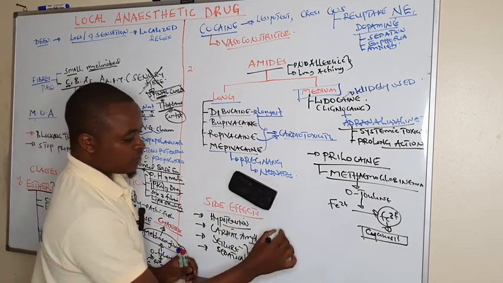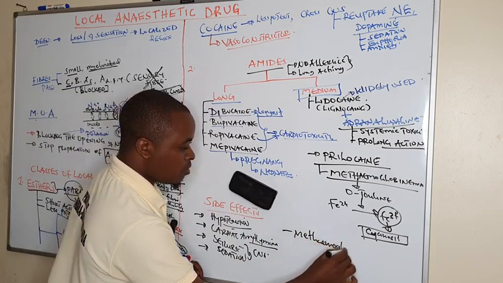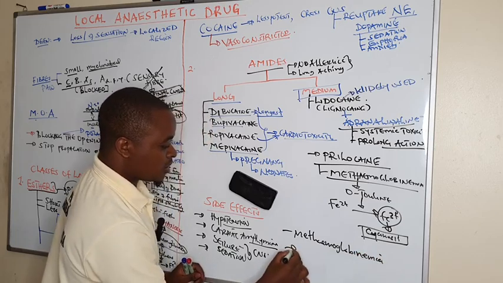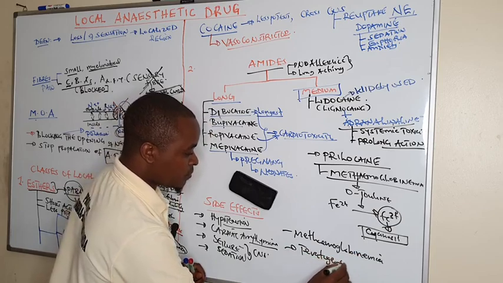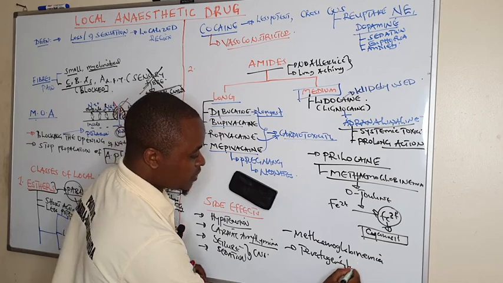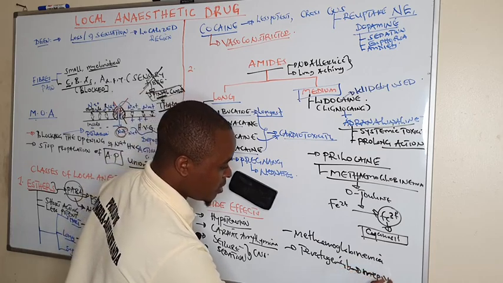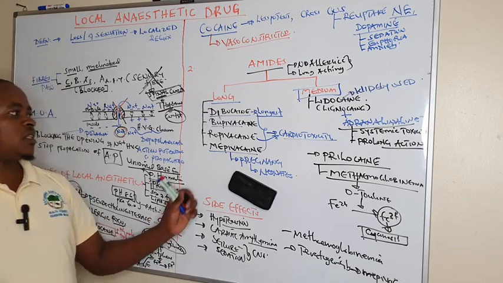Then other side effects we have seen is methemoglobinemia. We have seen it. We have also seen they are teratogenic. They cause teratogenicity. And examples we have seen, mepivacaine causing this. The drug which we can use in pregnancy,